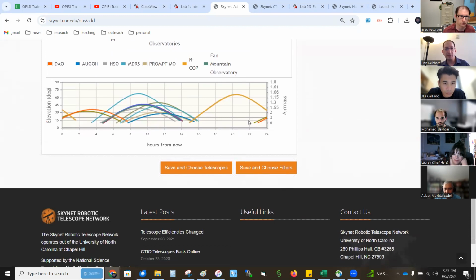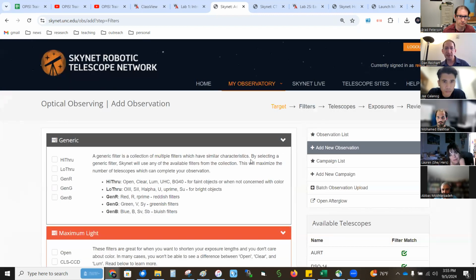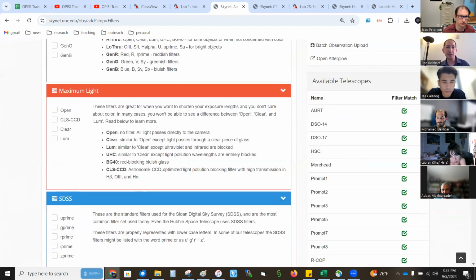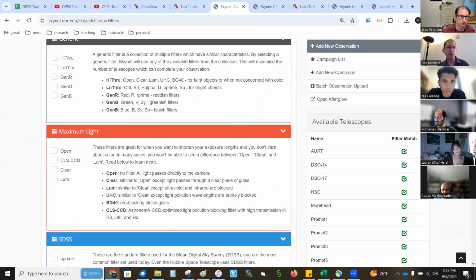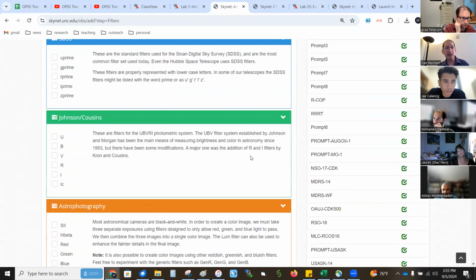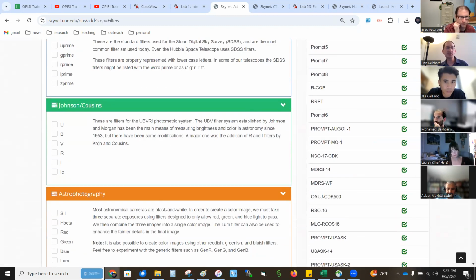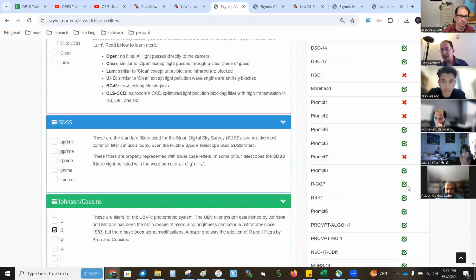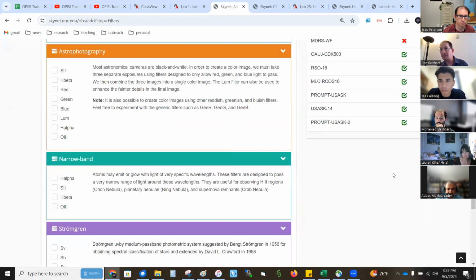Yep, very observable. So the next thing they do is they pick their filters, not the telescopes. Sometimes there are reasons to do telescope first, but in this lab sequence, filter first. There are lots of options, and labs tell you what. For Saturn, it's in the lab. It recommends B-band exposures, 0.3 seconds in B-band to look at Saturn. So I select B. I lost some telescopes. Some telescopes didn't have a B filter. Most of them do.